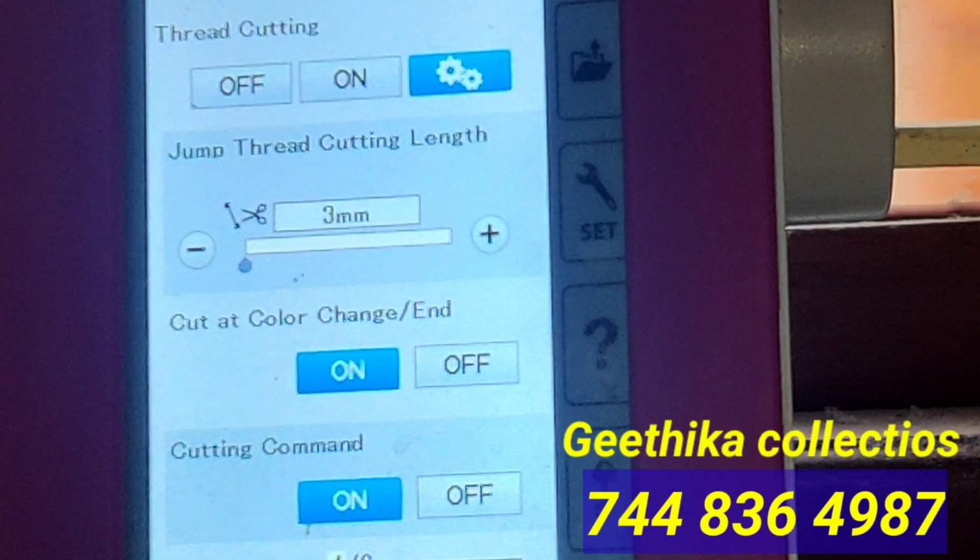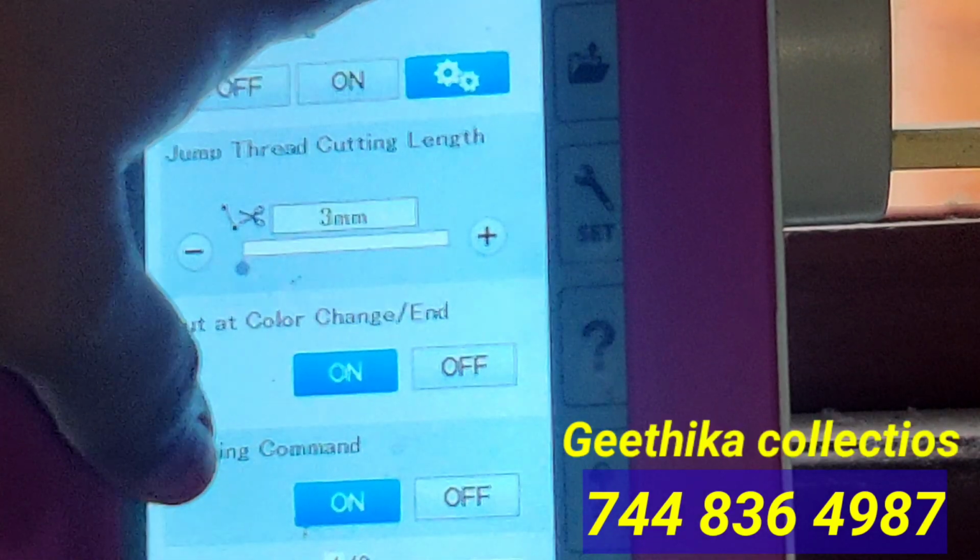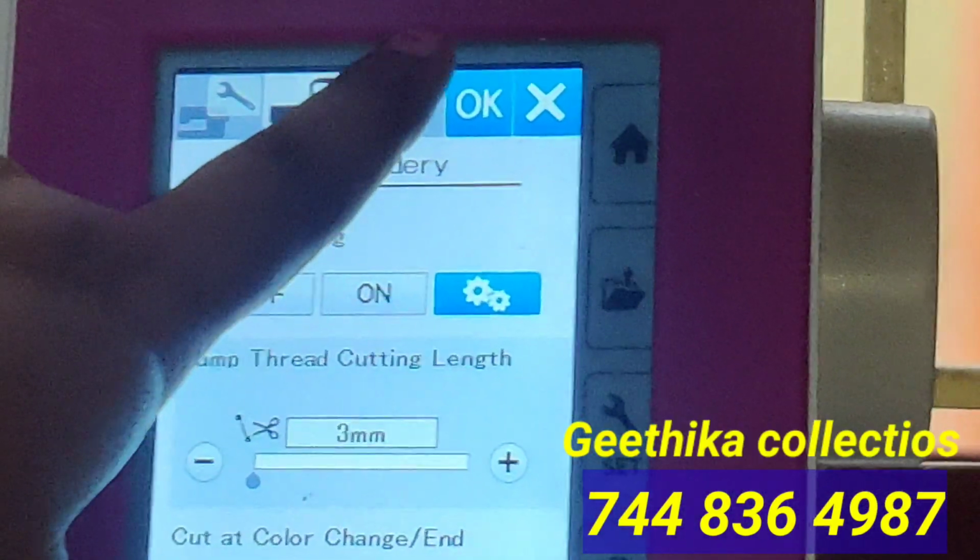Whenever these three are in active mode, the design will come out very neatly and the finishing will be very good. All the guys can do designs or stitching, but whenever these settings are in active mode, the design will come out very neatly and be appreciated by your customers. When the design comes out good, we are happy and our customers are also happy. So check your machine right now whether these three are active or inactive. If inactive, change them to active, set the bobbin holder to 0.5 and the cutter to the 3 mm level. This will help you.